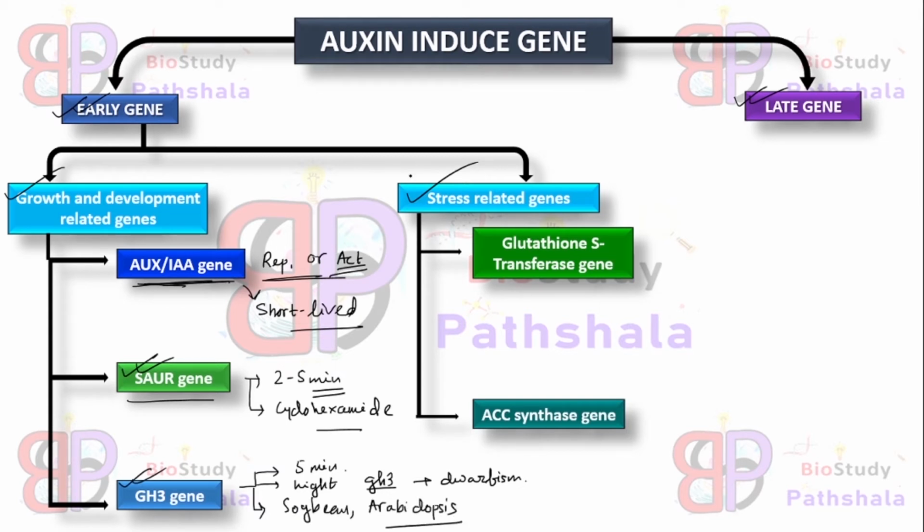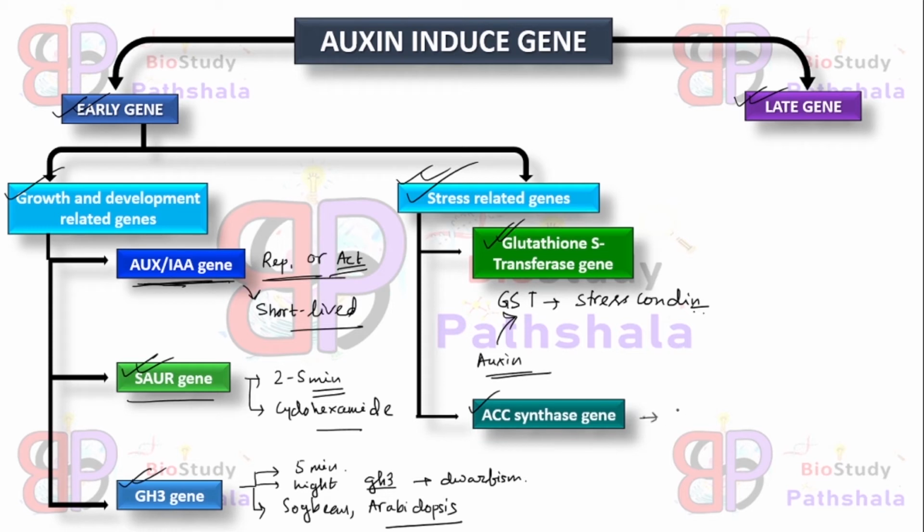Okay. The second one is stress related genes. That means these genes are related to stress environments in the plant body. These are one glutathione transferase gene encoding family, and the second one is the ACC synthase gene encoding family. Glutathione S-transferase, that is GST, is stimulated in various stress conditions, and these genes are induced by auxin in particular